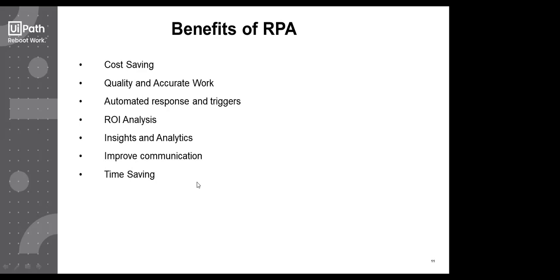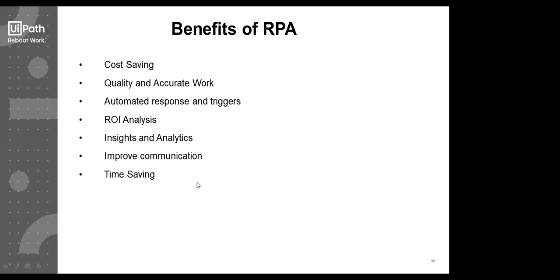ROI analysis. We can save a lot by implementing RPA, because the salary cost you will have to keep paying. But once you automate it, you initially put in the cost, and then you can have the return on your investment. Also the work would be done at a much faster rate and efficiently. The employees who were earlier doing that mundane, repetitive task would now invest themselves in more productive and complex tasks, or highly skilled tasks that are not possible by robots.